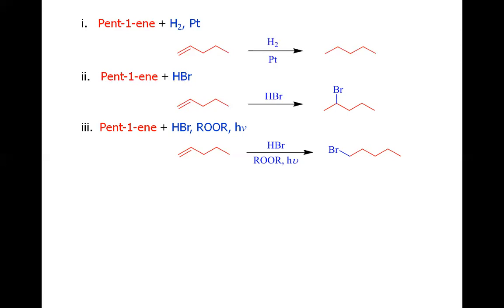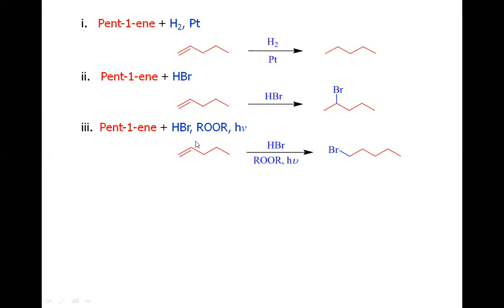Then this bromine radical will attack this terminal carbon to form this C-Br bond and a radical at this position, which is called the secondary radical. And then this secondary radical will abstract the proton from the alcohol, which was just formed in the last step, to give the overall product. Basically, we were not asked to draw the mechanism of these reactions, so that is why I have not shown you the mechanism, but I just simply explained what the mechanism would be so that we may predict the product